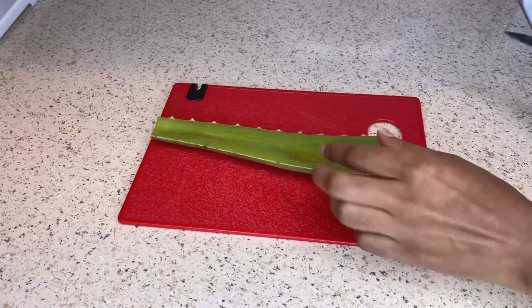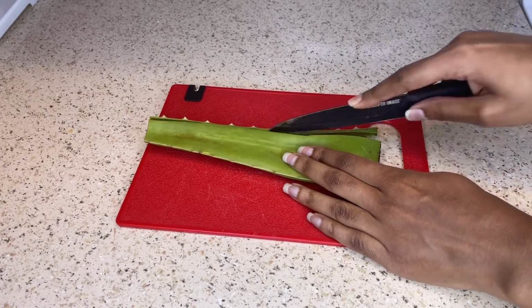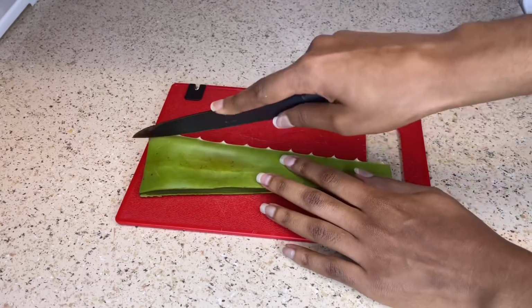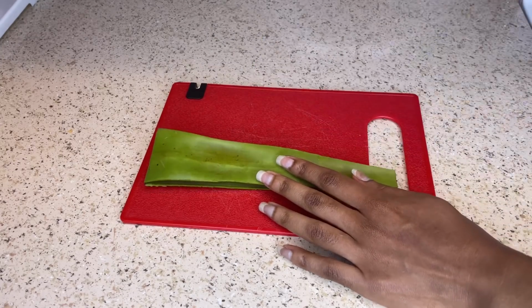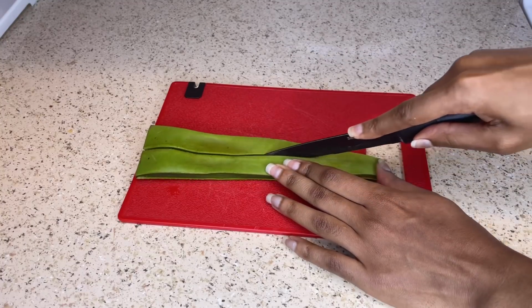So the first ingredient that you're going to need for this hair rinse is going to be an aloe vera plant. I'm going to be using half of an aloe vera plant, and I'm just going to cut it up into smaller pieces. So the reason I'm using the aloe vera plant is because aloe vera contains vitamins A, C,